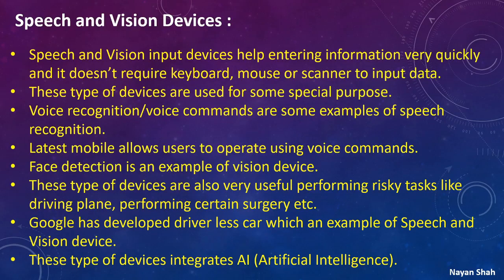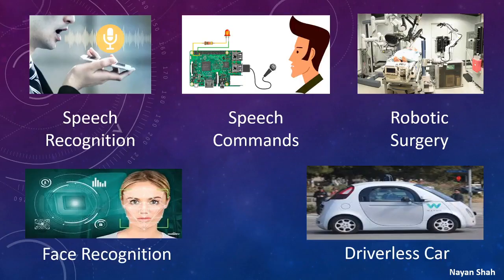Even the robot, we recently came to know that in hospitals now a robot is serving food to the patient. So that is also some sort of speech and vision device integration with artificial intelligence. So these are some speech recognition and face recognition devices. The first one on the left you can see is like our mobile, where we say call father and it will call your father's phone. Speech commands we can also give. Some projects students are preparing where they just simply connect to the circuit and say LED on, and that LED will be on. So that is also a speech recognition command.